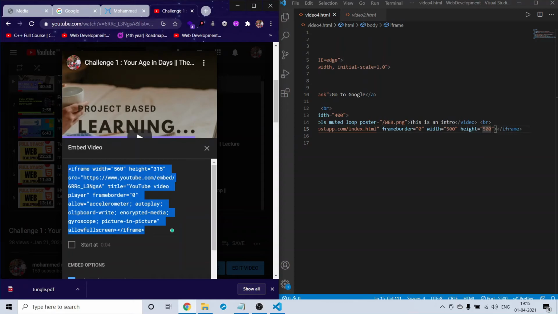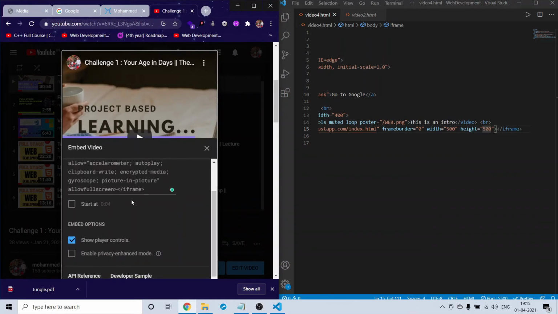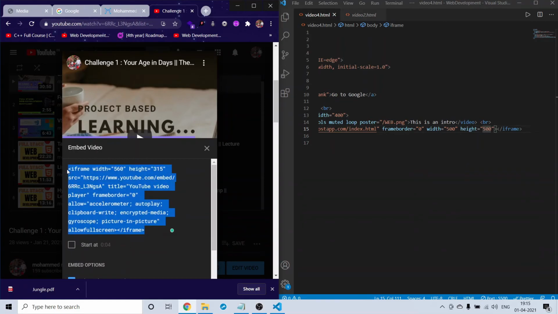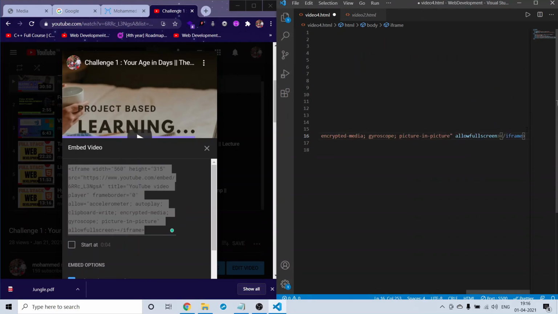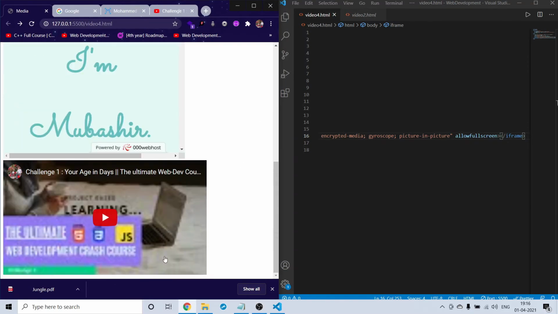And if you want, you can change this to start option, and if you want, you can check this out. I will just copy this and I will paste this here and I will save this. See, I got my YouTube video here on my web page with all the controls.